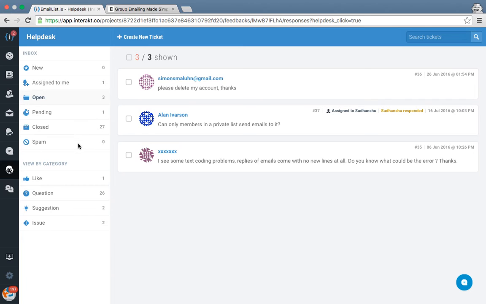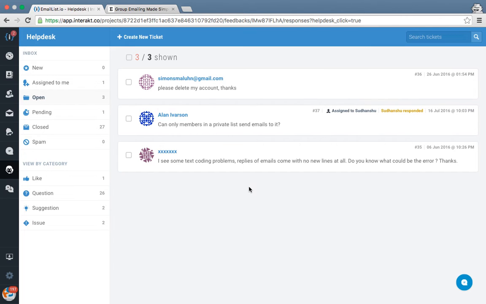And then we have spam. If you think you have been receiving a lot of spam emails on your help desk via the feedback form or your support email ID, once you have marked an email ID as spam, whatever tickets you receive from that particular email ID will land into the spam directly. So you do not have to manually do it again and again. Then we have it by categories. So we currently provide question, suggestion, issues, and various categories for your help desk form.